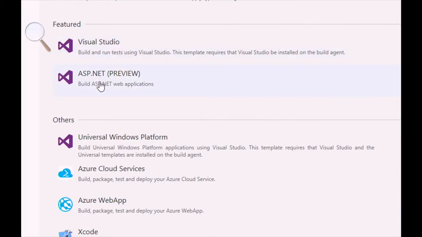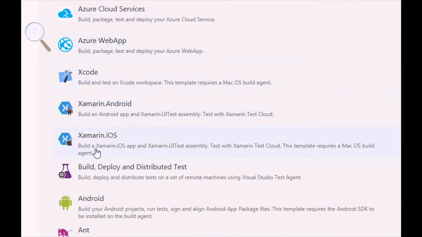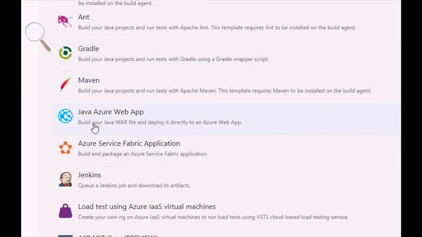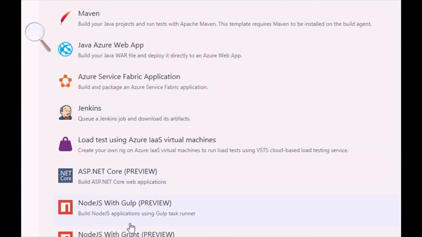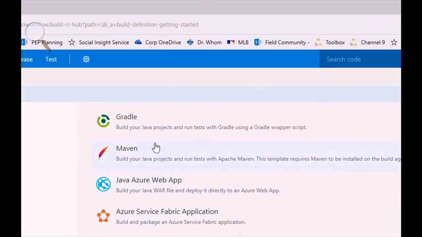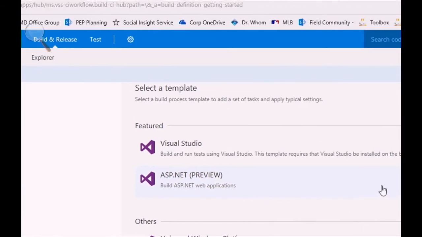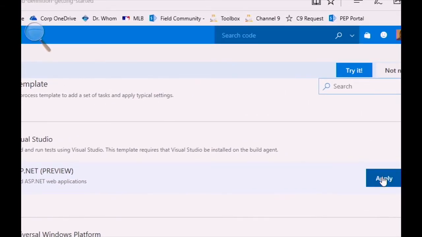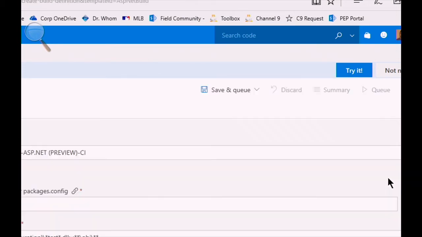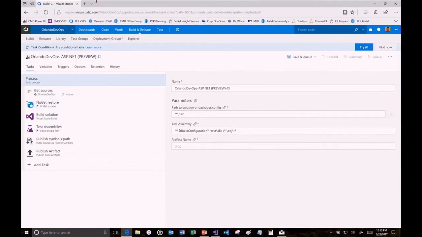So there's templates for Visual Studio, ASP, UWP, some Xamarin stuff, Android, Jenkins. There's all kinds of stuff in here. I'm going to choose the ASP.NET template, because that's what we're building. It's in preview, although I haven't discovered it having any issues. Okay, so what it does is